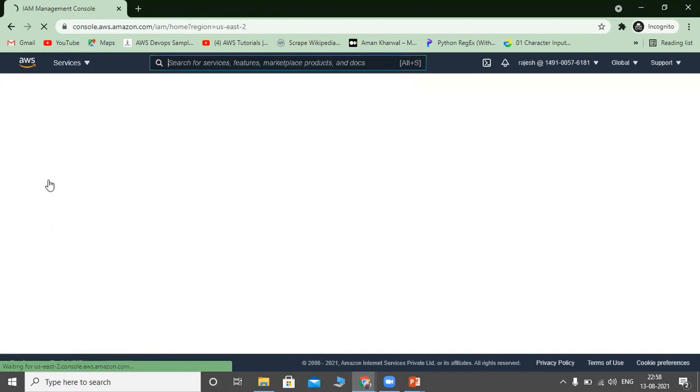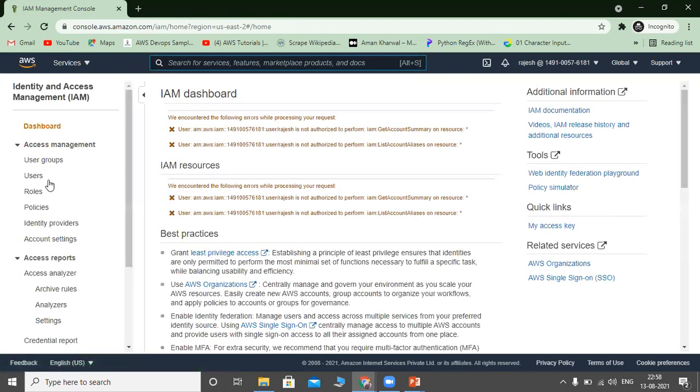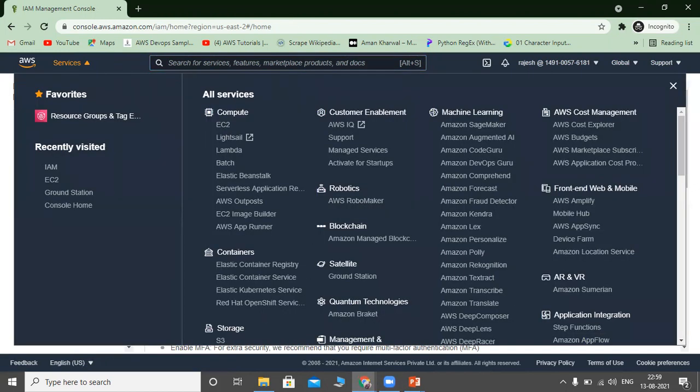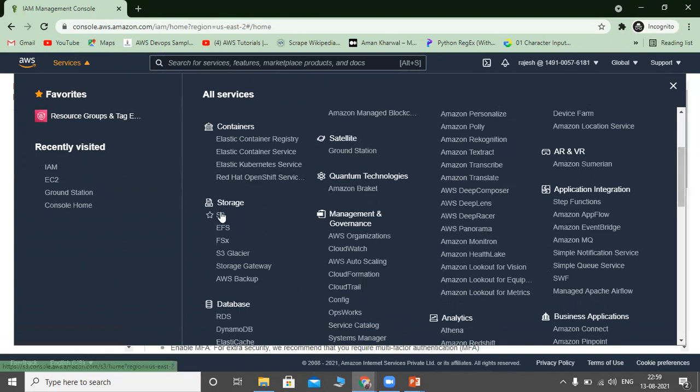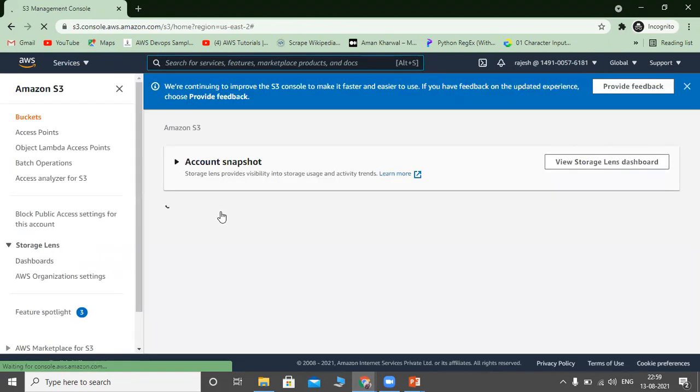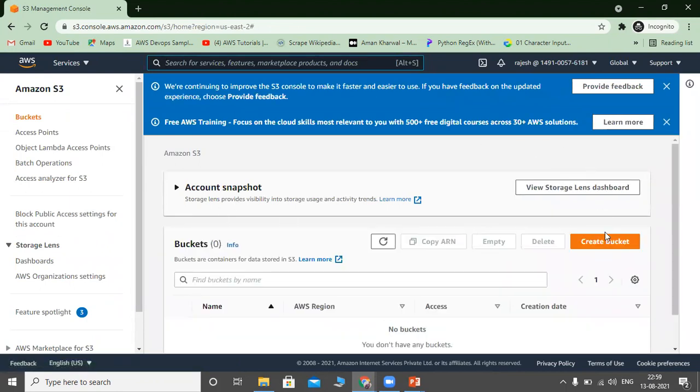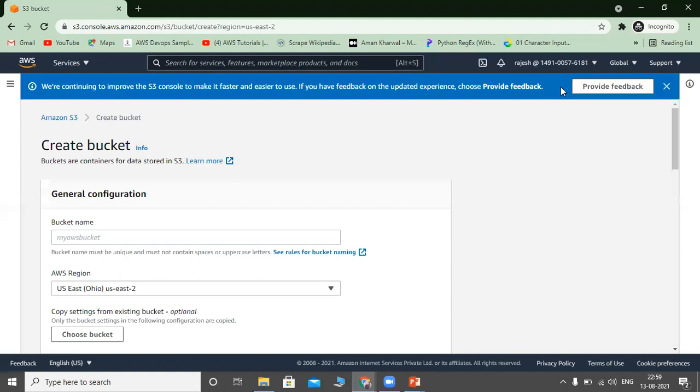So you cannot play around with other services. You can play around only with EC2 and S3, and see, it is prompting errors for others. As I have given S3 access also, you can successfully access S3. Go to storage service and S3. For S3 also, you don't get an error. He can create a bucket, create bucket, you don't get any error. So this is the better way to secure our Amazon cloud by using the IAM service.